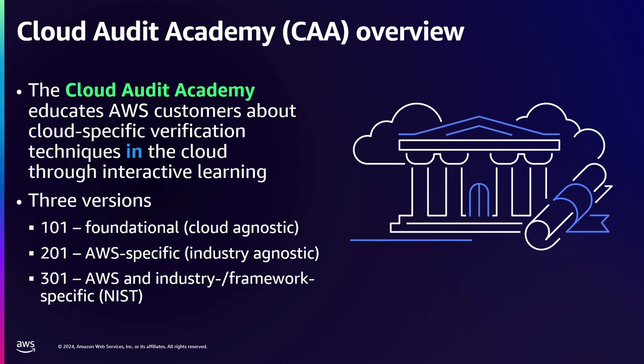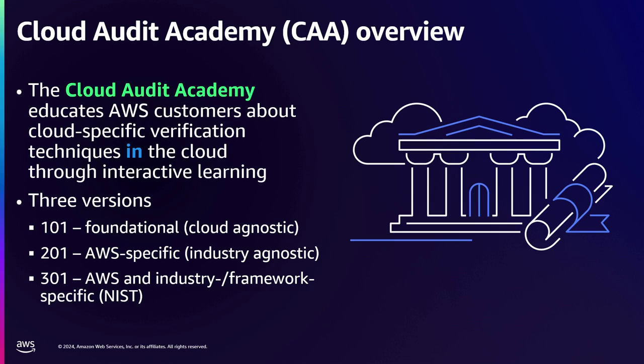We've got our 201 version. That's AWS specific. So it's not industry agnostic, but it does take in a lot of those common frameworks, PCI, ISO, SOC, NIST, and compiles them and pulls out those core compliance requirements that every organization is going to need to go through. And we package it up, and it's a very big deep dive, almost 2 to 3 days of content, instructor-led training that's available for our customers.